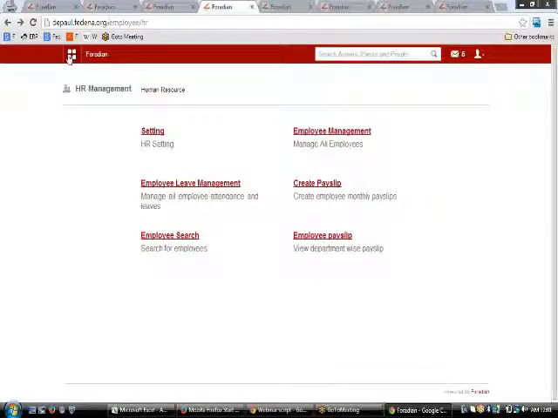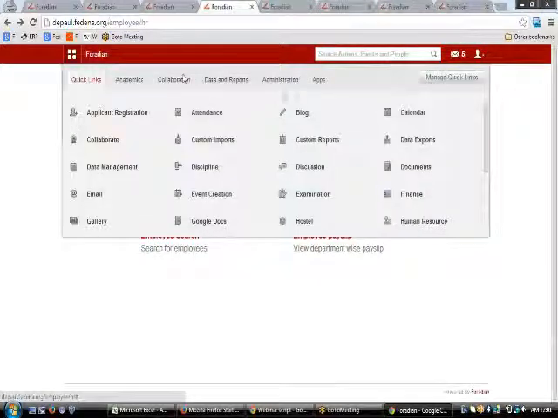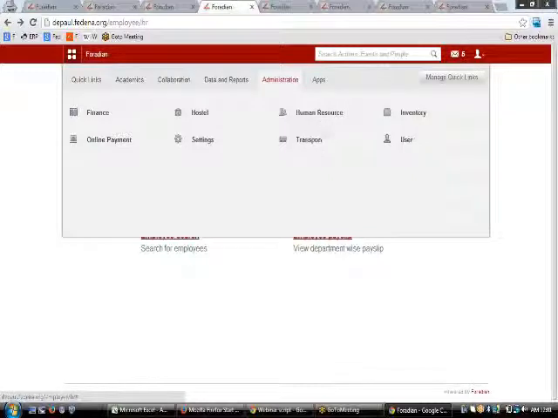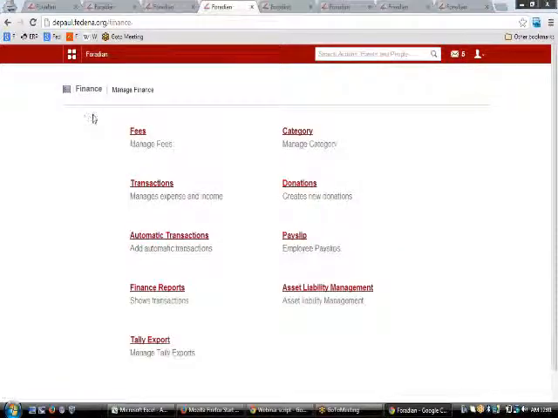So now we are left with the last module, that's the finance module. So let's finish the finance module, which would be the end of the webinar. On clicking finance, you will be able to see this link which says fees. So let's click upon fees first of all and see what all we have in store for fees.